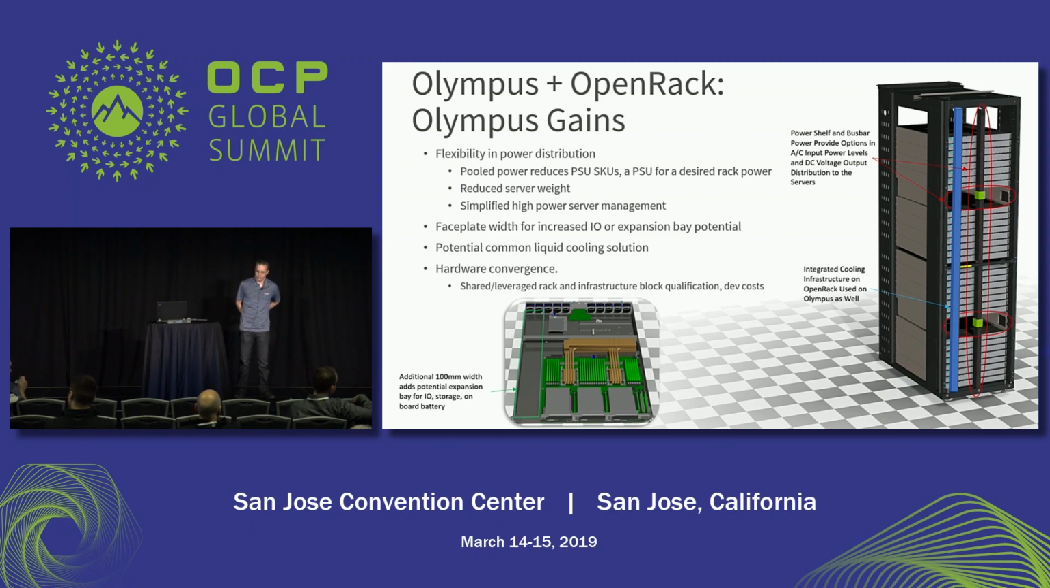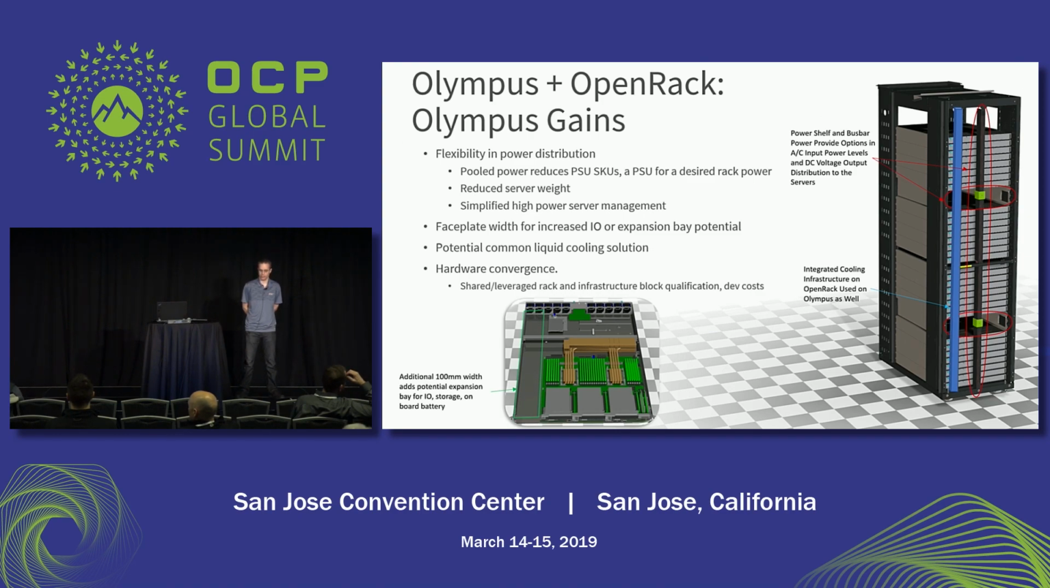So the major points that Olympus gains by moving over to OpenRack. The power distribution of OpenRack, and Shaun will go into a lot more detail on this, is one of the major differentiators between today's Olympus and OpenRack: the power shelf solution, the pooled power. We also have the opportunity to reduce server weight by moving that power supply out of the server,